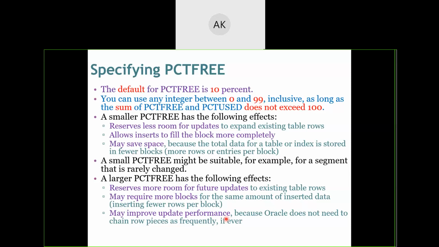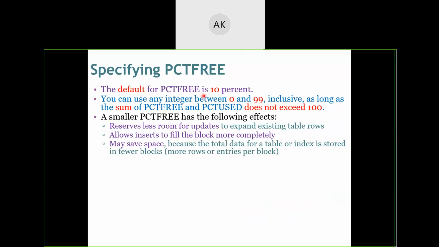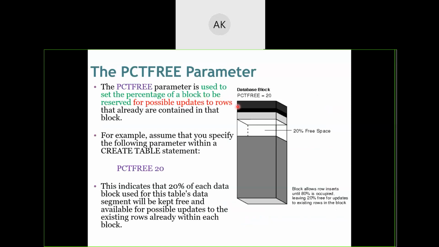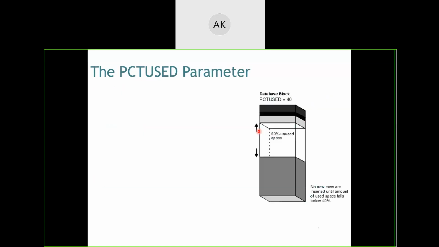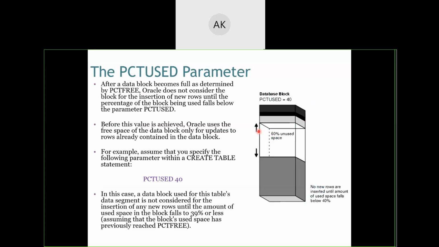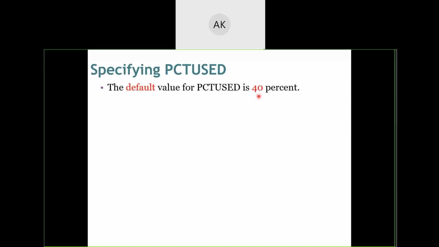By default, what is being used, I have already shown you. 10% for percentage free. That means almost 90% is left for percentage used. But it is not 90%. Some amount should be left for, let us say, the schema definition, some for the margin, some for the near future requirements and extensions. So that cannot be 90% if this is 10%. So what will be the default value for your percentage used? The default value for percentage used is 40%.